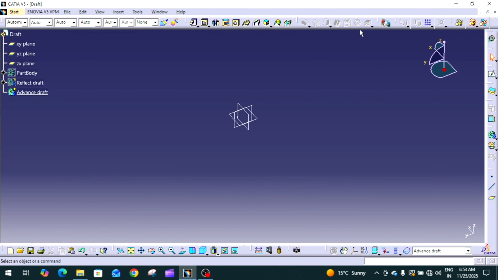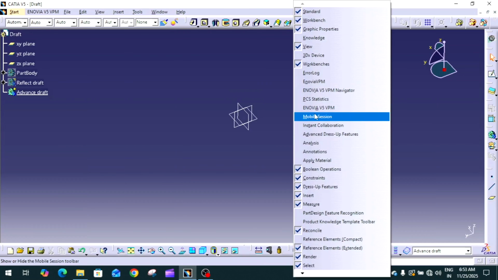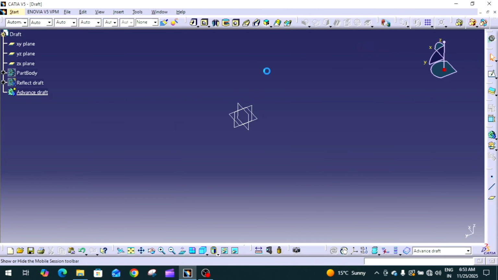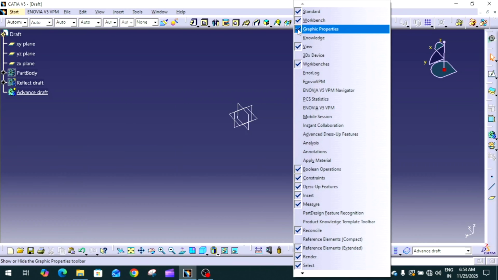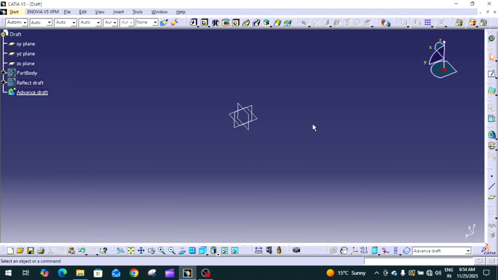The advanced draft is available on the advanced dress up feature toolbar. Right click on any toolbar and you can find the advanced dress up feature here. This is the advanced dress up feature toolbar where you could find the